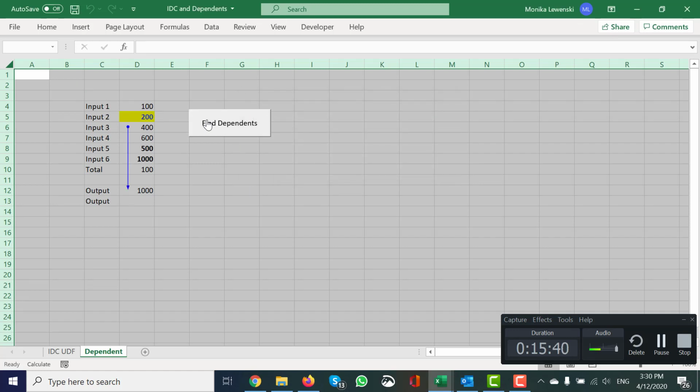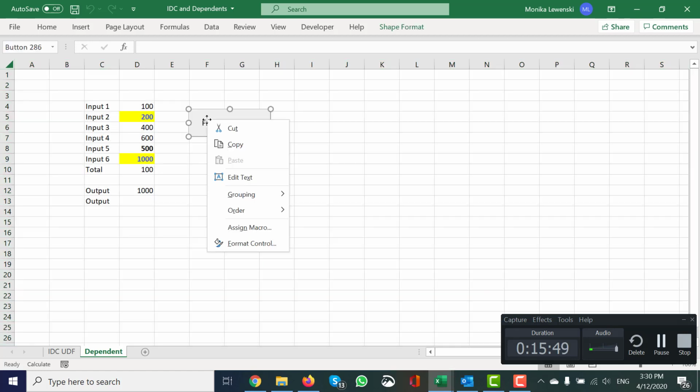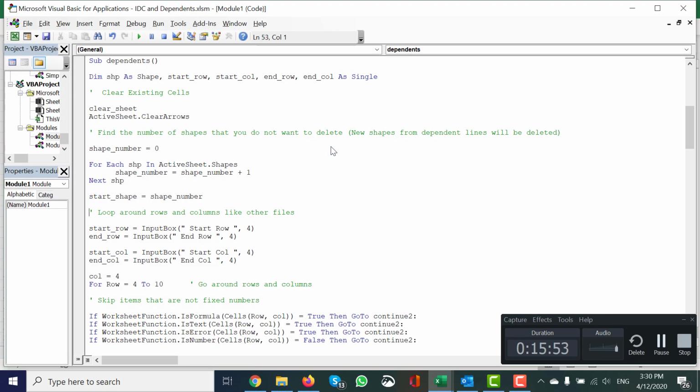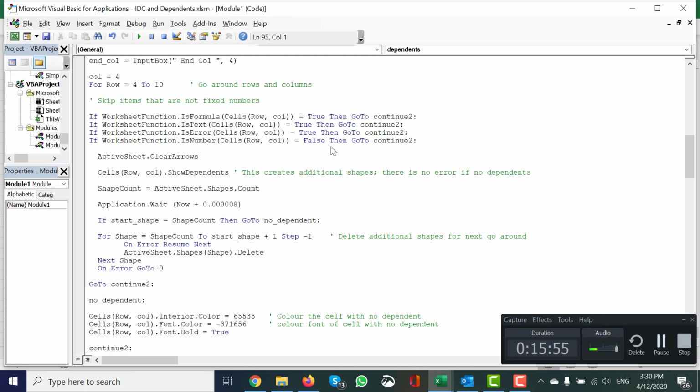What it's doing, I hope you can see the shapes. So that's why I did the little wait thing. I didn't put that in generic macros. It really would slow you down if you used it in the generic macros. Okay, so after we do that,